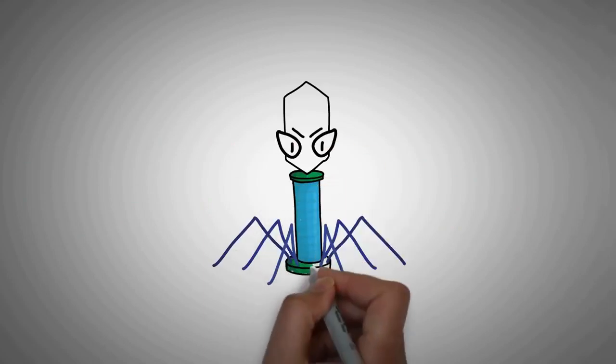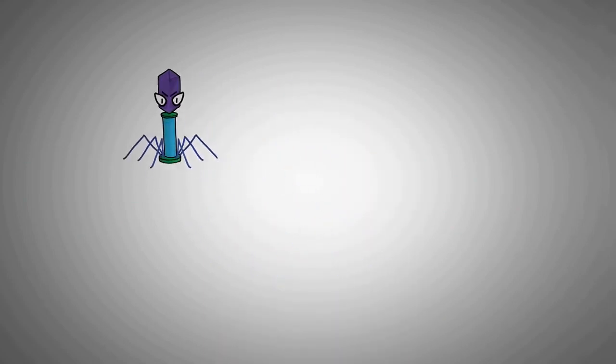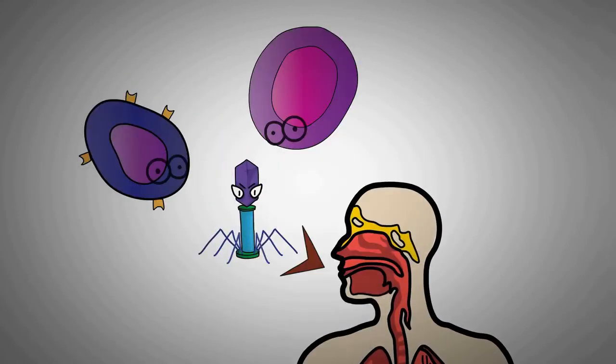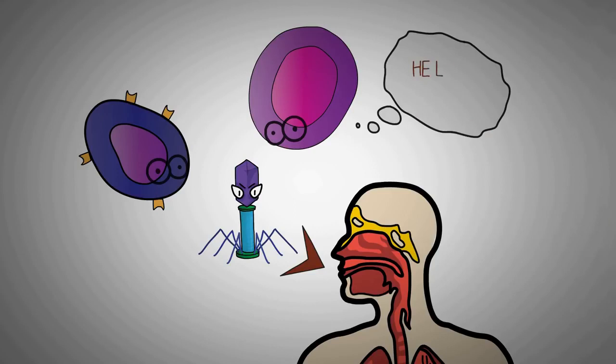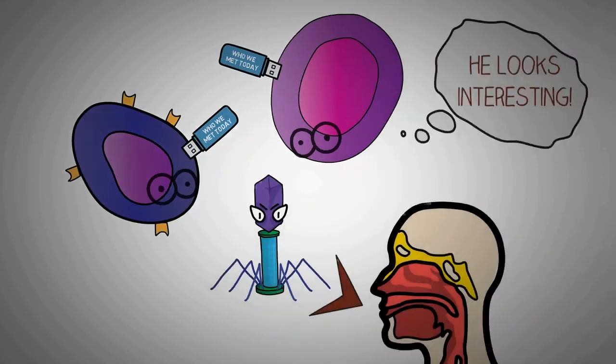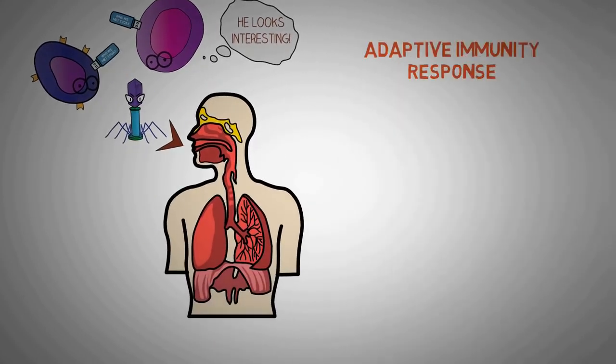When a pathogen invades our first and second line of defense, it is met by the adaptive immunity, which mainly consists of lymphocytes and the antibodies they produce. Now, when a particular pathogen enters our body for the first time, the response of the adaptive immunity is minimal, as it doesn't recognize this pathogen yet. It remembers this exposure to the pathogen and stores an immunological memory of this encounter. So if we draw the first response of the adaptive immune system on a graph, it would look something like this.